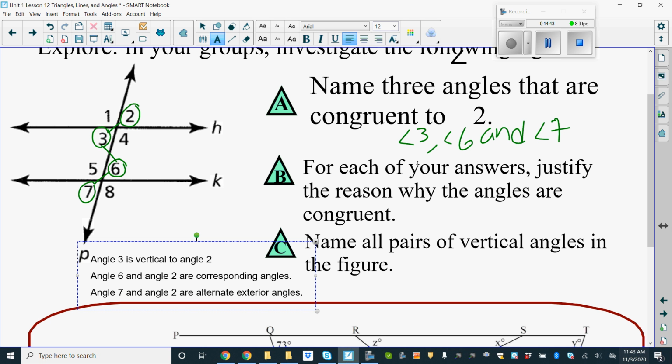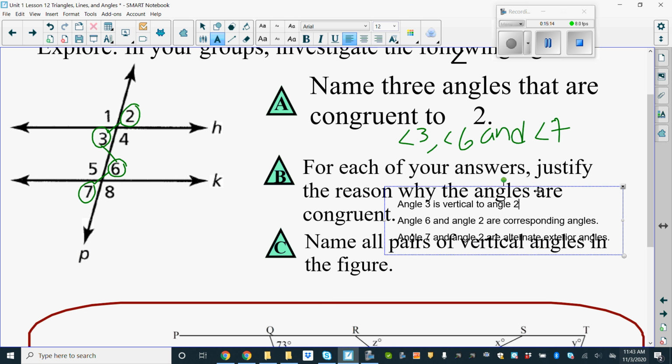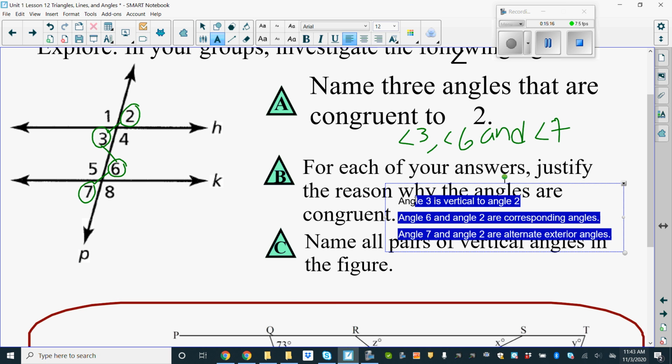the zigzag trick. It will help you just easily solve for the angles. When they are asking you for actual vocabulary and to state their relationships, the zigzag will not work. Okay? You cannot state that they are all on the zigzag, so they are congruent to each other. You need to state they are vertical to each other. They are corresponding angles. They are supplementary angles. So this would be what you would need to write for part B, okay, in order to receive full credit